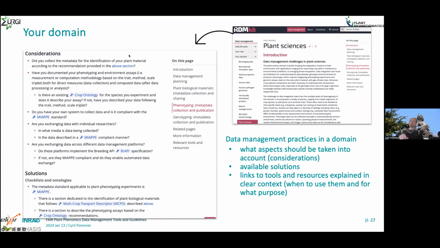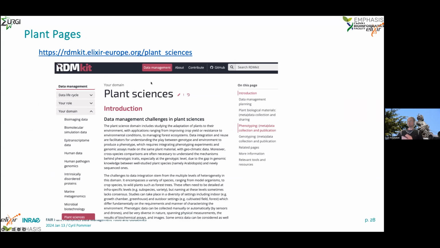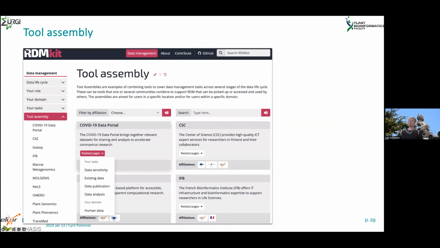The organization of the RDM kit is what makes it really straightforward and easy to use for biologists, because you've got domain pages such as the plant science page, for instance, which is my center of interest. That gives you an overview on data management planning, plant biological material handling, phenotyping, genotyping data, etc. As well as links to different tools